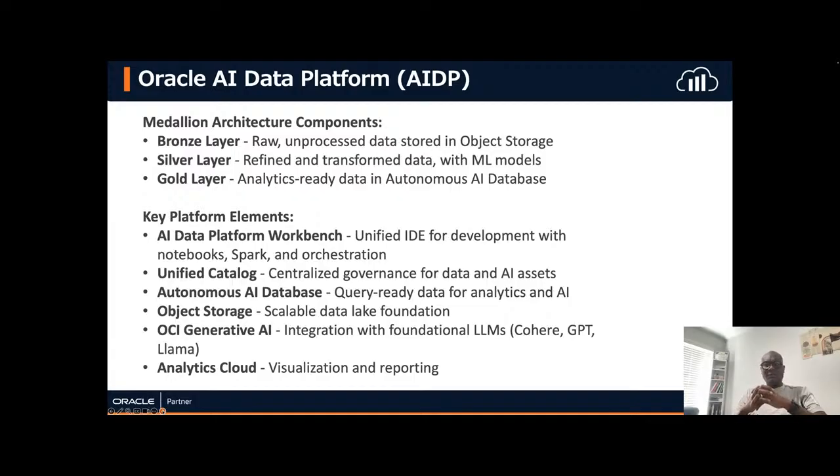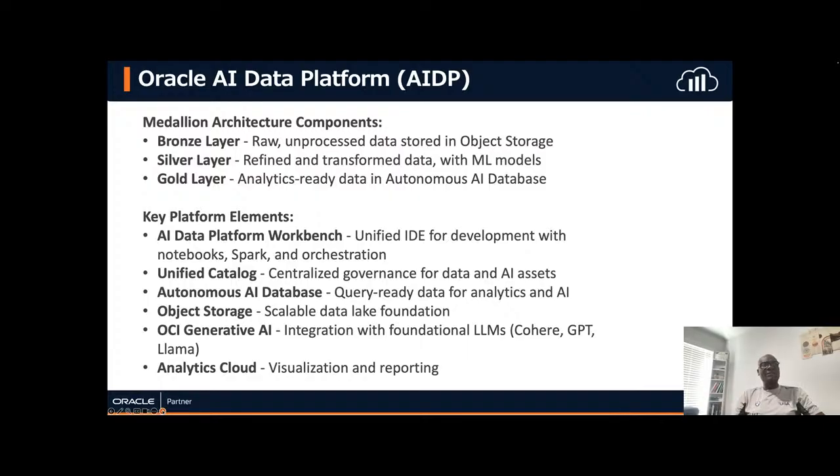One of the key game changers that Oracle AI Data Platform brings is the medallion architecture component, which comprises the bronze layer, the silver layer, and the gold layer. The bronze layer brings in raw, unprocessed data into the object storage for you to be able to analyze.